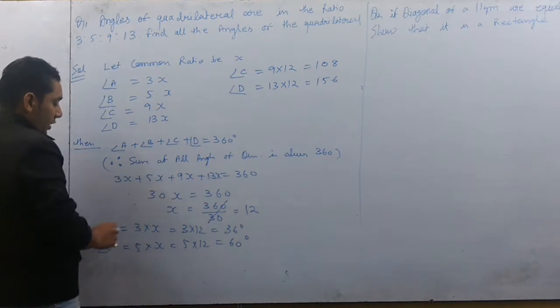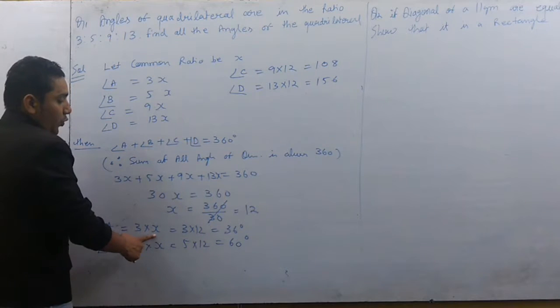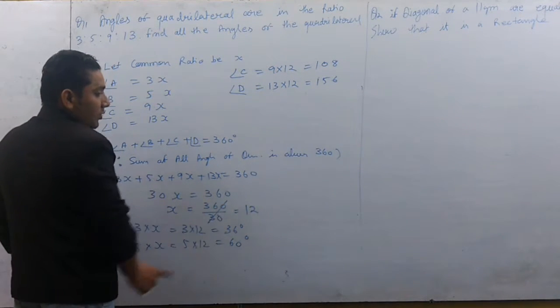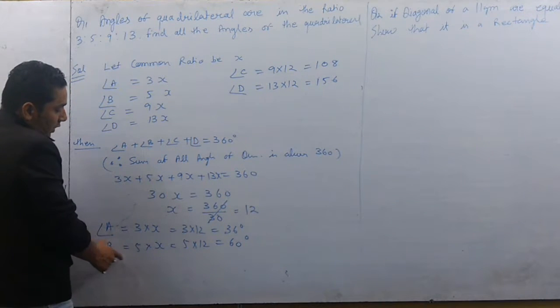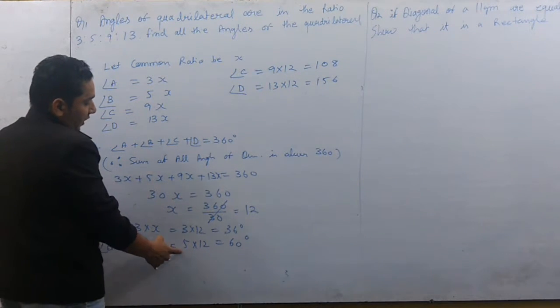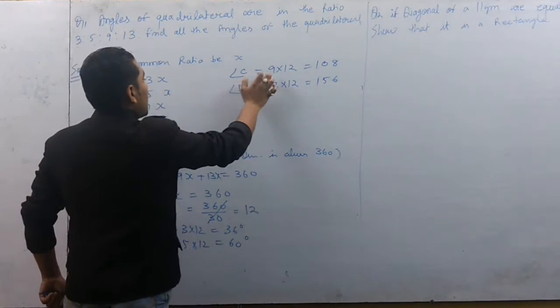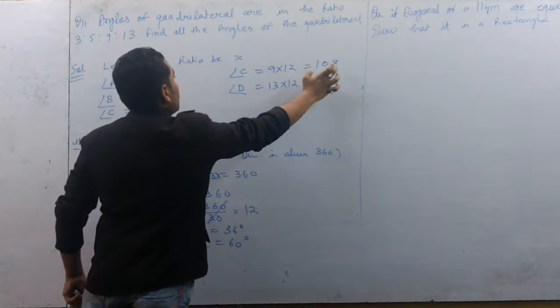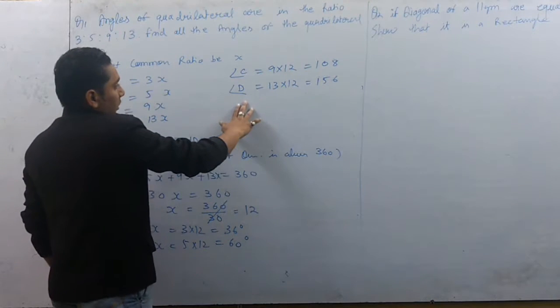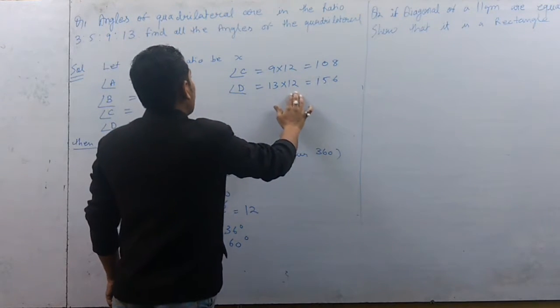Then according to the question, angle A is equal to 3 into 12, which is 36. Angle B is equal to 5 into 12, which is 60. Angle C is equal to 9 into 12, which becomes 108, and angle D is equal to 13 into 12, which becomes